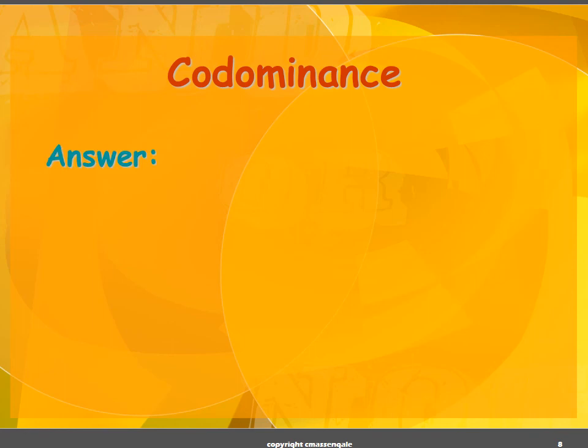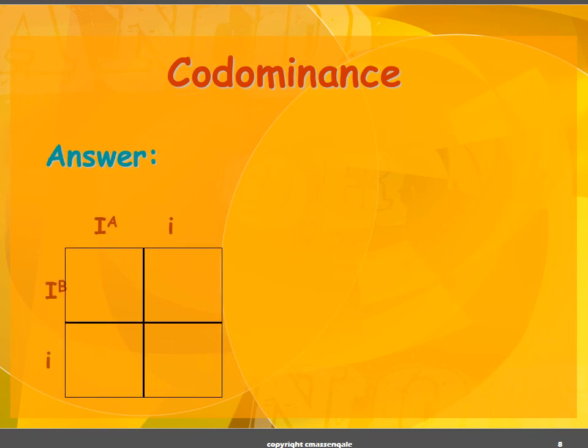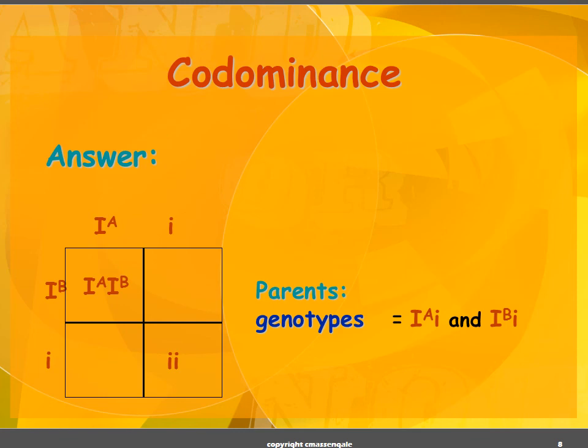So here it is. We laid out IA, IB, that's what it would look like. And we know this is what the children will have. So the parents must have genotypes IA, IB, which means that the parents are, in terms of their phenotype,